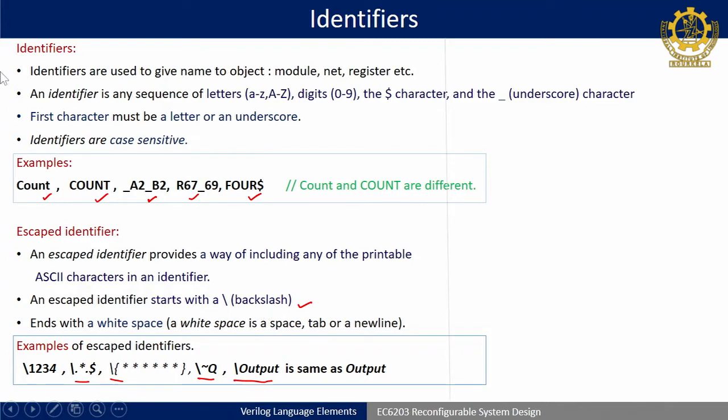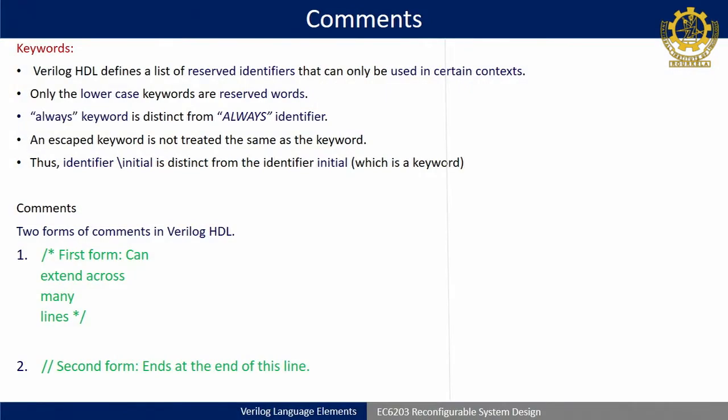Or most of the time you can use identifiers, you have to take care that it should start with an alphabet, right. So, this is to name a particular design or any net or any register or variable in Verilog design coding. Okay. So, after this, comments is a regular term we use to make the design reusable. Another fellow can read your comments and he can reuse your code for his understanding.